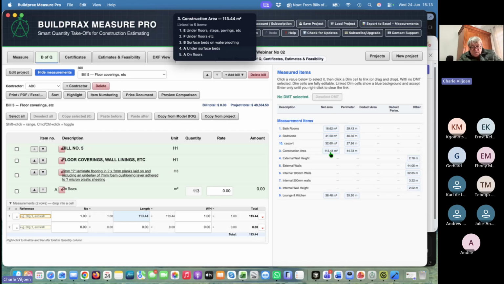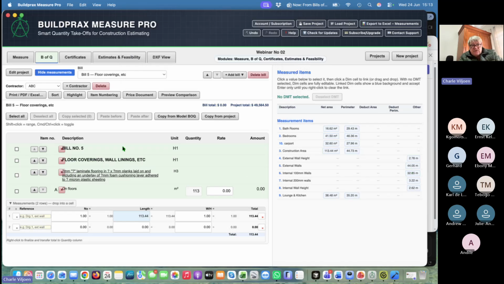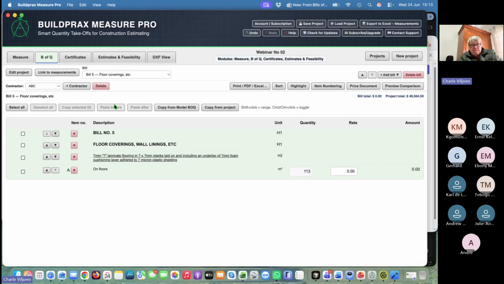That is, on floors, was this last one. It is just showing you where these items are already linked, and what they are linked for. So that one there, we have that it's got trenches and surplus material. I just use this for measurements